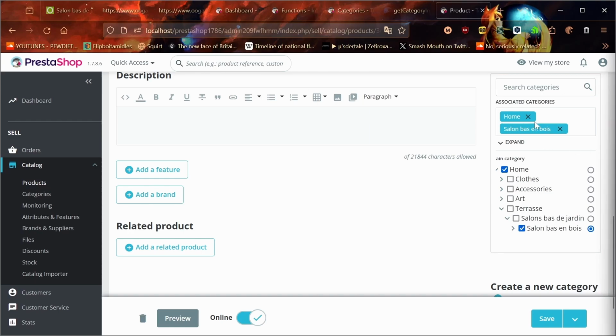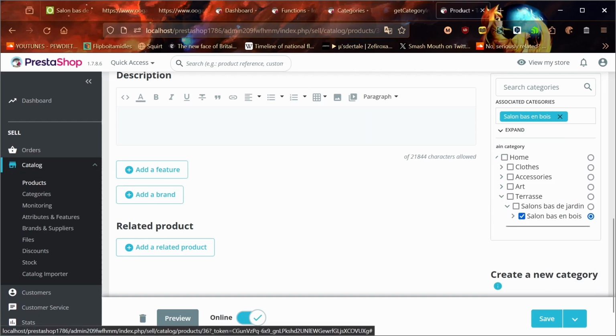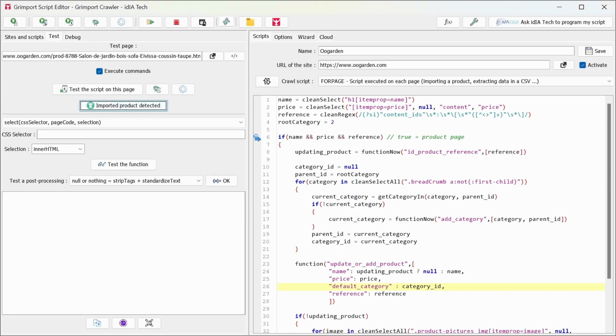Now, we have another problem. We're looking through the cache. Now, the cache stores the categories in PrestaShop and doesn't update. That is, if any new categories are added while the code is running, then the cache doesn't update. That means that at some point, there will be a discrepancy between the list of categories in the cache and the categories that actually exist. That means, for example, if we take this,